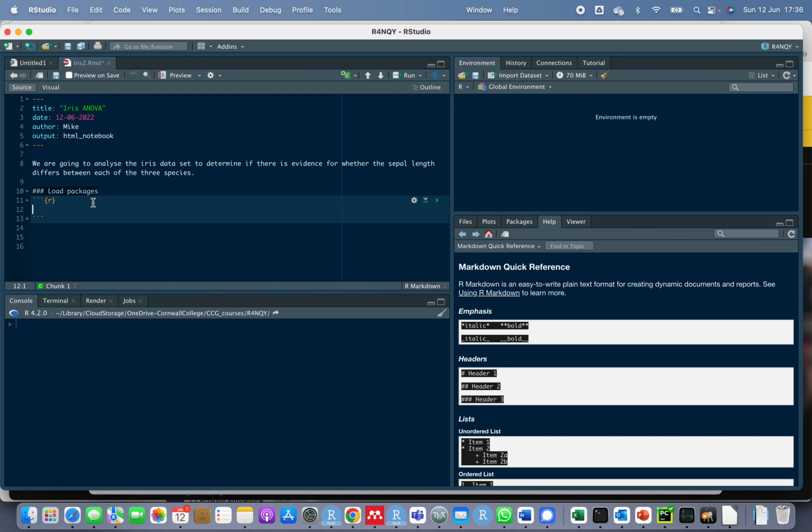Now I used, on my Mac, Option Command I. You could use Option Control I on a Windows machine, or you could just type this in manually. It doesn't really matter how you do it, but if you want to put R in, you have to put 3 backticks, curly bracket, little r, curly bracket, then that's where your code goes, and then close it with 3 more backticks. So we will have here library